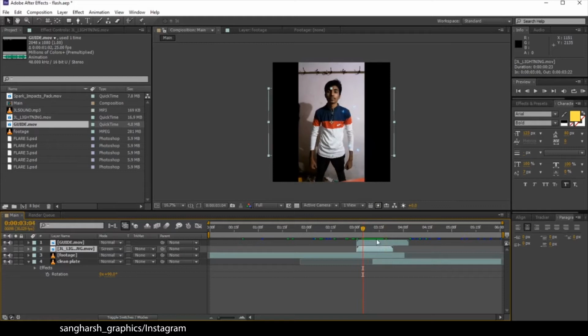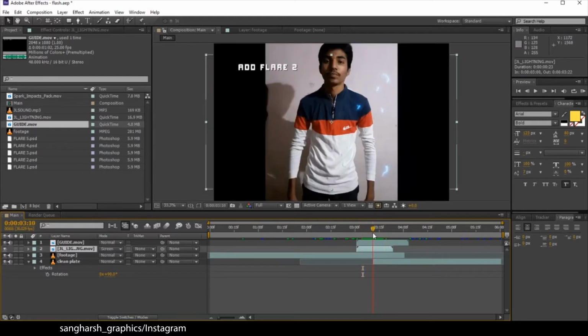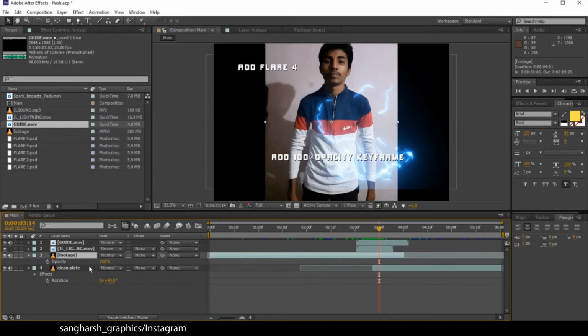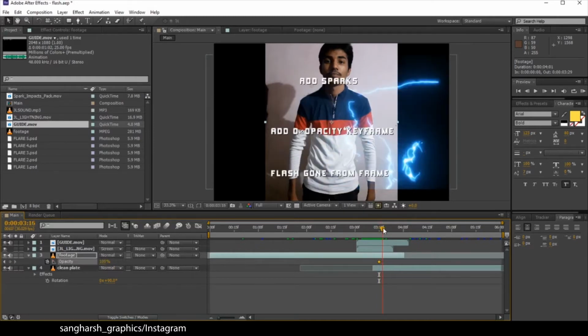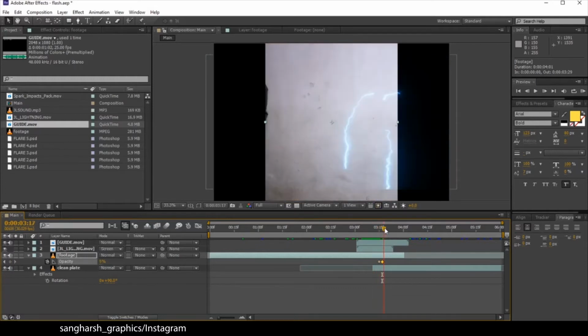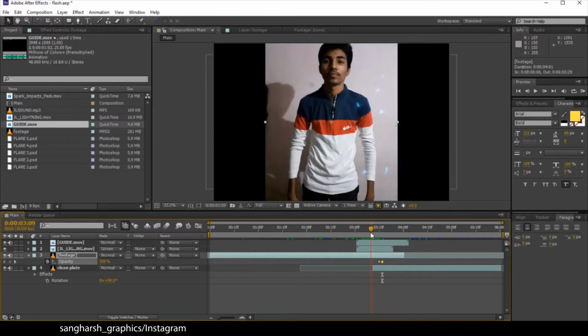So what we have to do first, as you can see, we have dragged this, and let's just do one thing. Here it is given to add a 100% opacity keyframe. Select your main footage, press T to open opacity, add a keyframe on opacity, and let's just see where the opacity keyframe is 0%. Make the opacity here 0. Now our character is vanished like this. Here the lightning ends. Perfect.